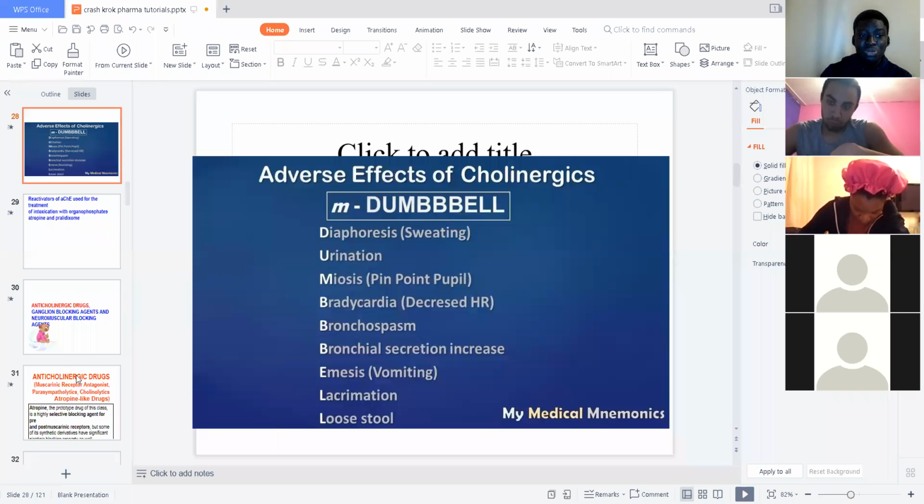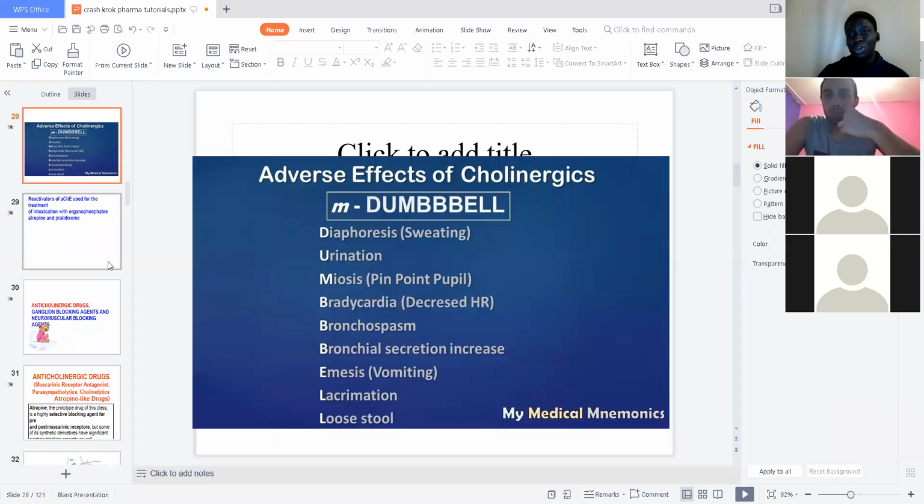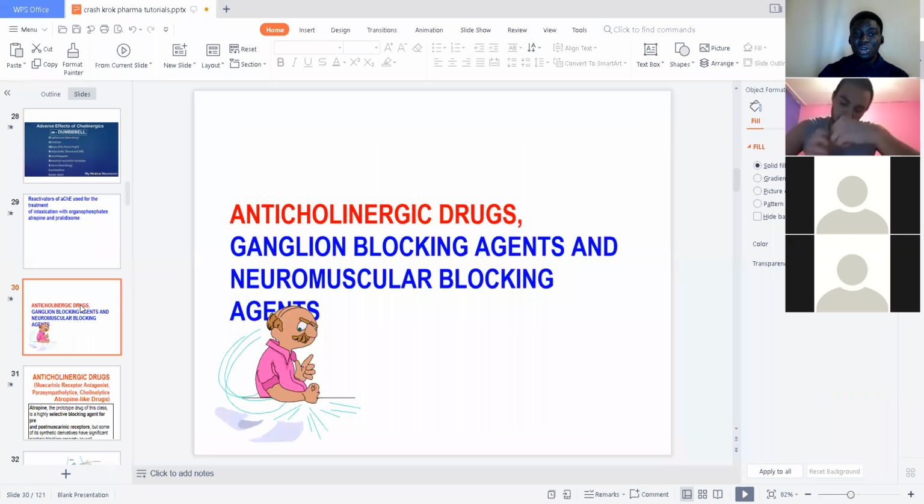Okay, so now we're going to move on to the opposites of cholinergic drugs. We're going to talk about the drugs that oppose these effects. If we have bradycardia, this drug is going to cause tachycardia. If we have diarrhea, it's going to cause constipation. So now we're going to talk about the opposite of these drugs. They are called